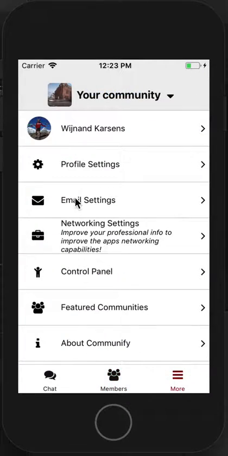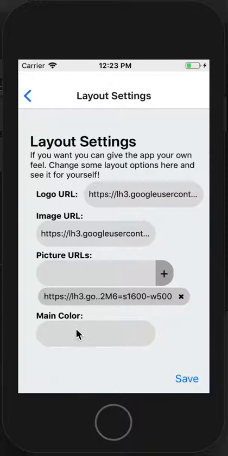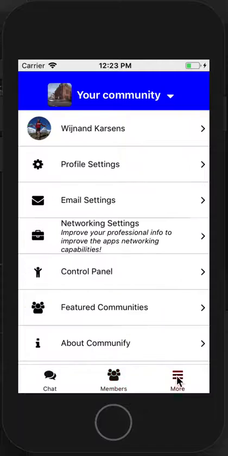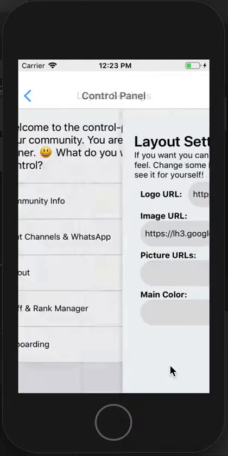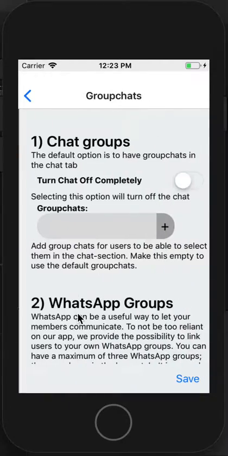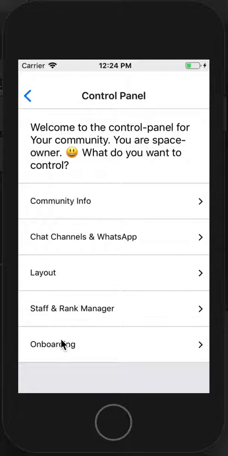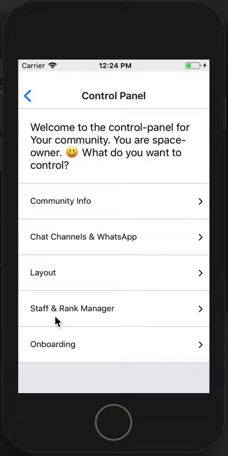There's one more thing. You can also decide on the layout. You can define a color here, and the layout will be updated in that way to give your community a more personal view. If you want, you can connect some WhatsApp groups. You can change the information of the community, and